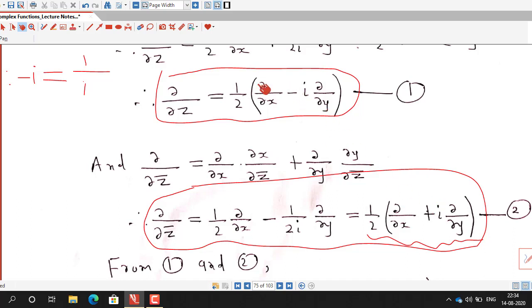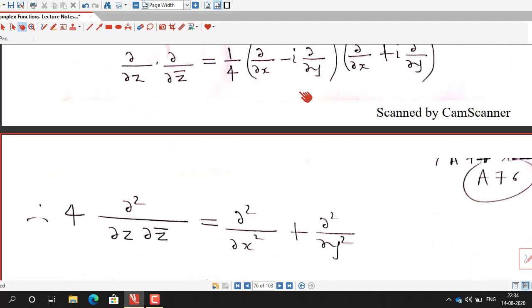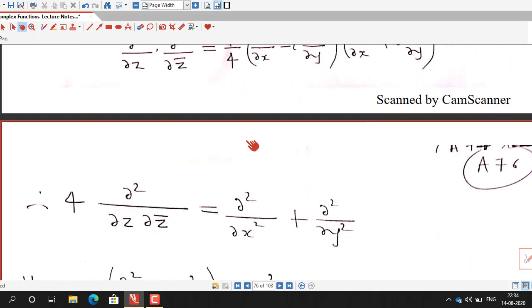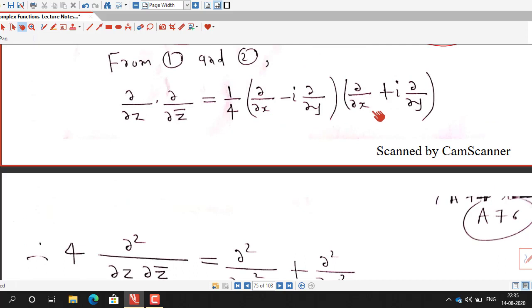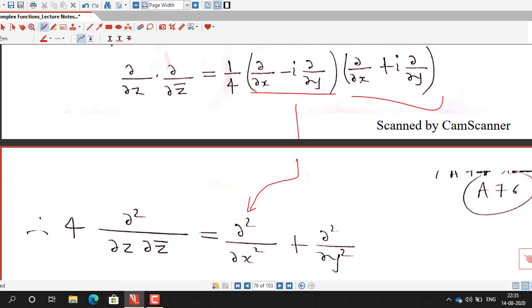these two, then you will have 1 by 4 del square by del x square minus i square into del square by del y square, and i square is minus 1, so it is going to be del square by del x square plus del square by del y square. Okay, we are using the formula that a minus b into a plus b equals a square minus b square. So this implies del square by del x square plus del square by del y square, and 4 is taken